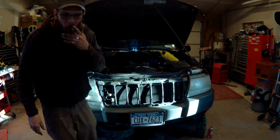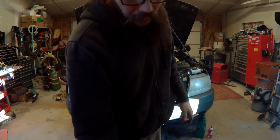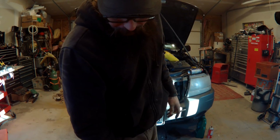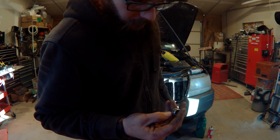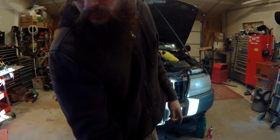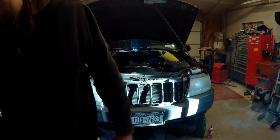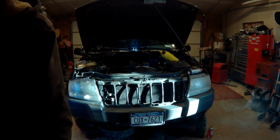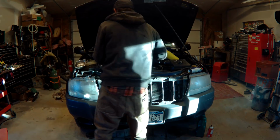On the 04, the grill comes off with just three little clips on the top that you just got to pry on with your fingers. Two on the outsides, one in the middle. And digging for the sockets. So, once I finally get everything together,